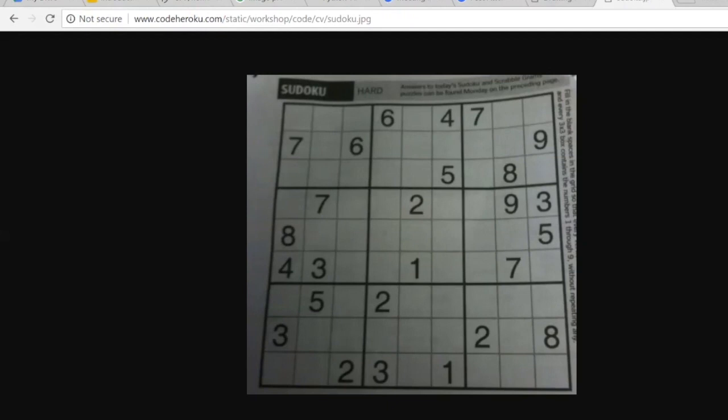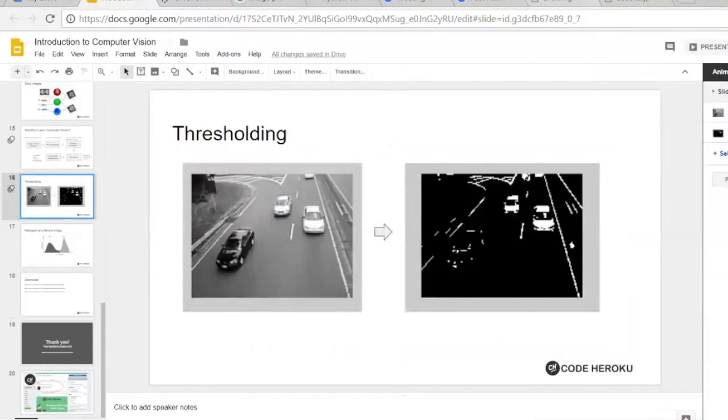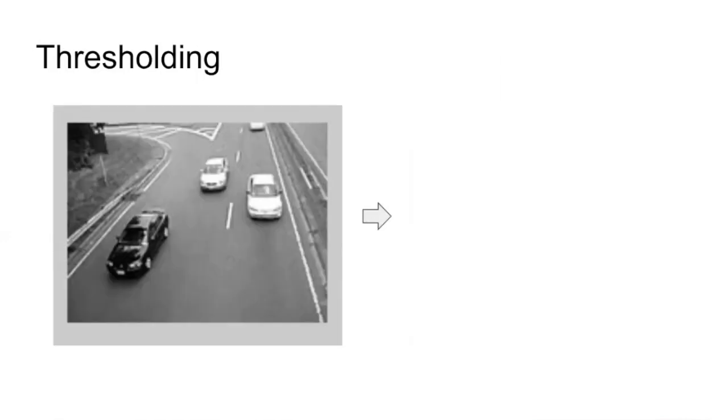And the process by which you convert a grayscale or a color image to a black and white image is what we call thresholding. The name of the process is called thresholding. Again, I have an example over here as well. What you would want to do is, if you have a grayscale image like this, let's say you're trying to detect number plates, or let's say I'm trying to identify how the traffic is right now on this street, I would want to get the number of cars.